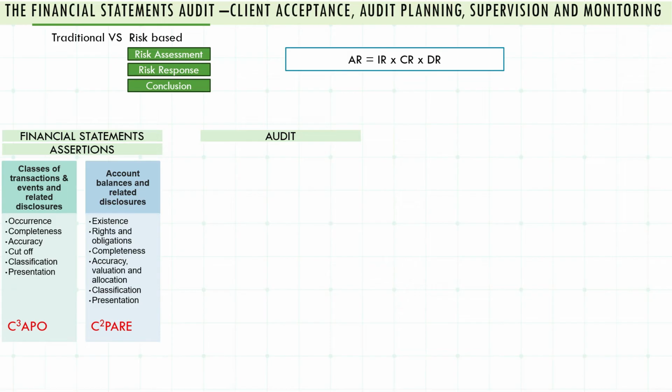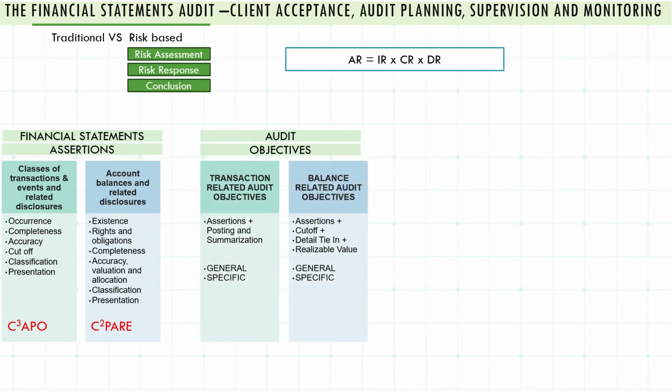Okay, in terms of the audit, whenever the client has assertions, whenever the client is saying something, the auditor gets competitive, right? And so therefore, the auditor comes up with audit objectives. Now, since the client has two categories of assertions, the auditor will also have two categories of objectives. And simply, the auditor will say, my objective is to test the assertions, but because I'm competitive, I'm going to